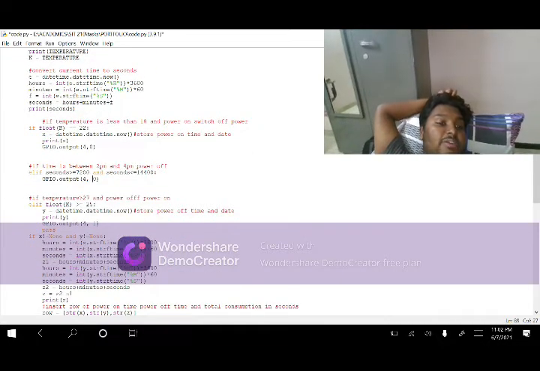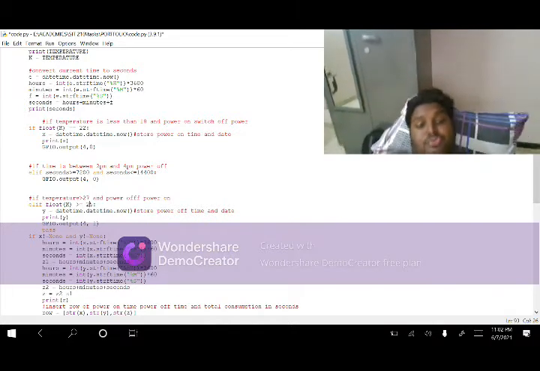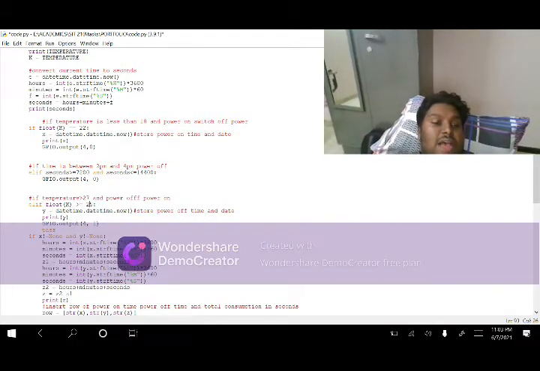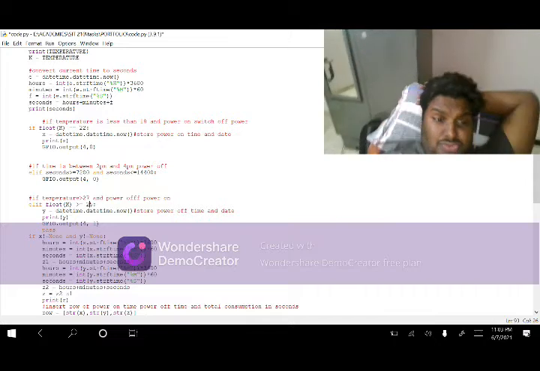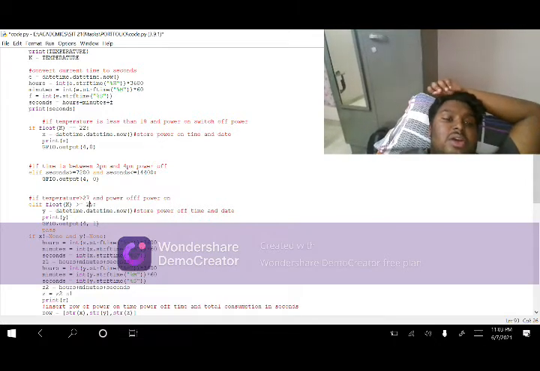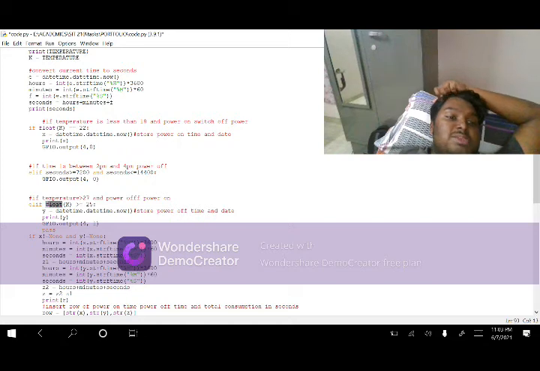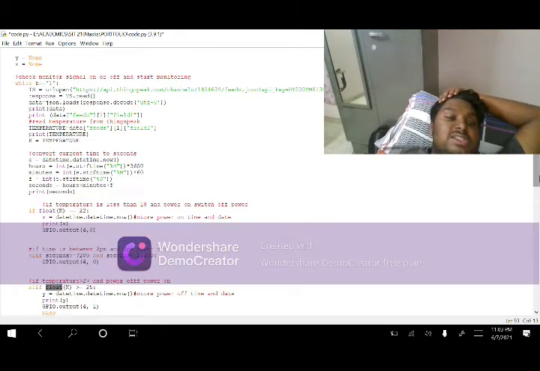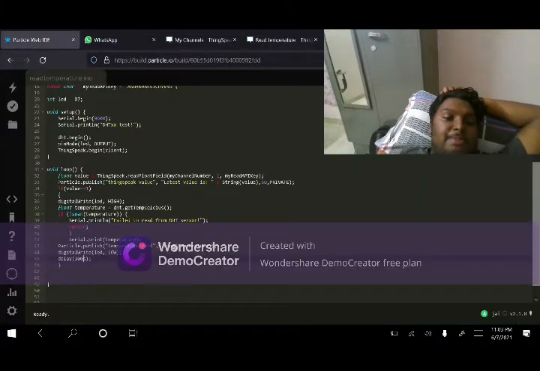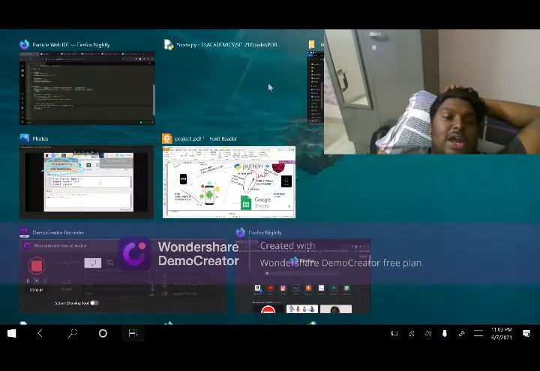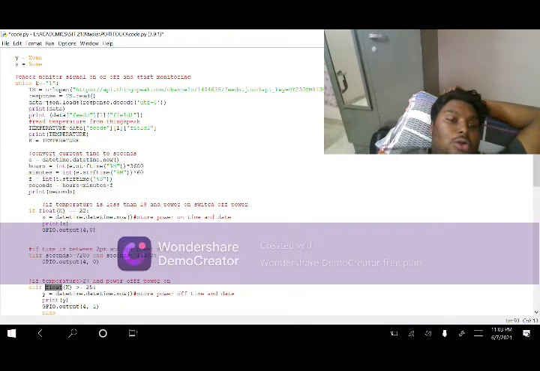Now if temperature is greater than or equal to 25, actually it should be 27, but for easy calculation, due to lack of time, I used 25 here. So float of case. So why I used float here is that the temperature I will be receiving in the form of string. The temperature here I had published. Here you can see the temperature I had published in the form of string. So here I should be converting it into a float variable for my temperature to run.